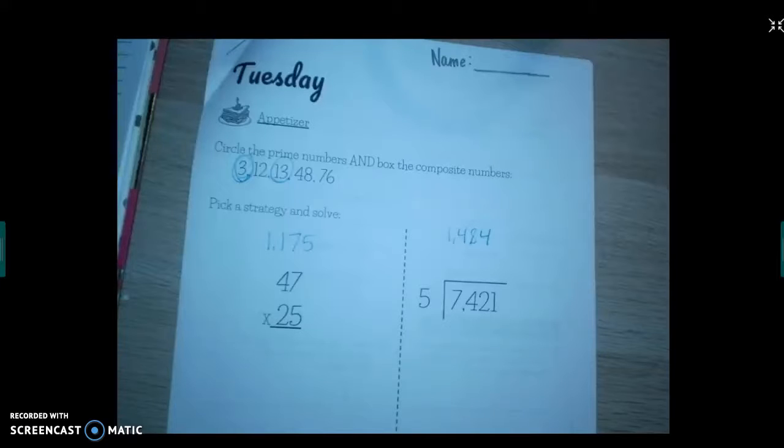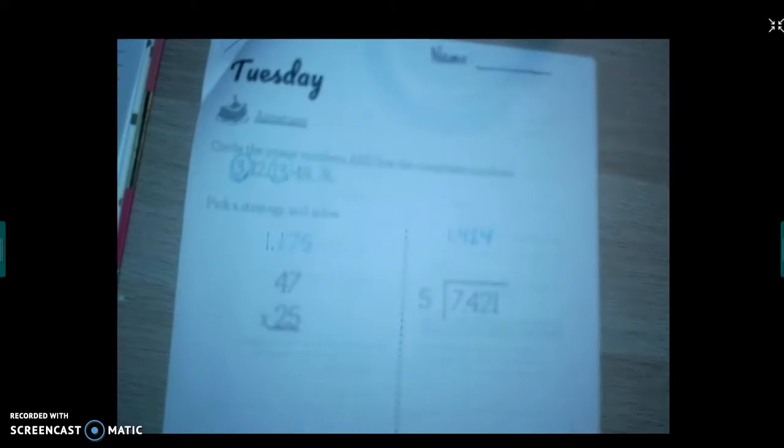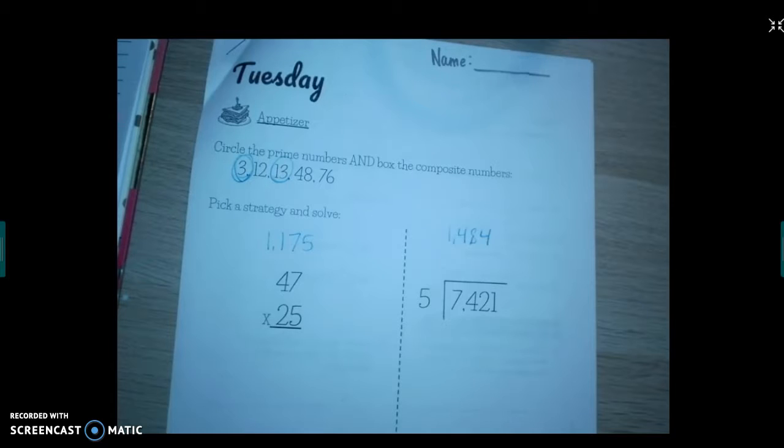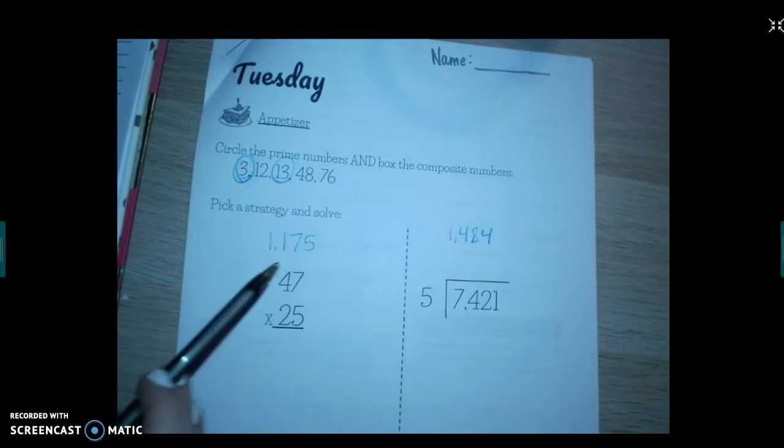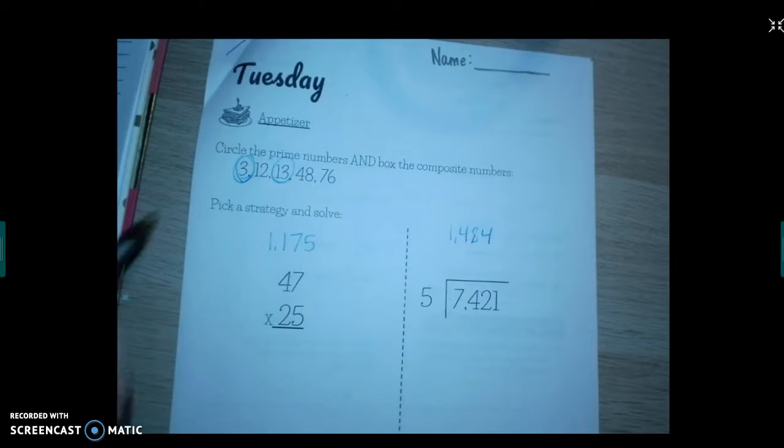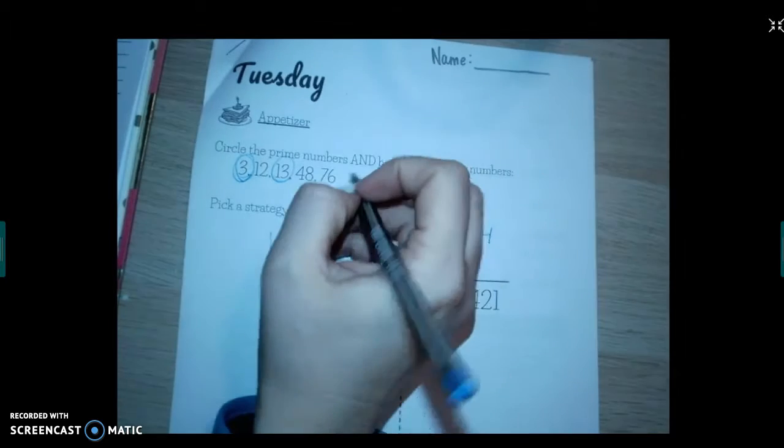All right, this is your Tuesday math menu. The first thing we're going to do is the appetizer, so you can go ahead and check your answers. If you have them right, you may move on. If not, please be honest, and we will go over them. All right, your prime numbers today are 3 and 13. If you're still having a hard time figuring out what prime numbers are, I'm going to talk a little bit about